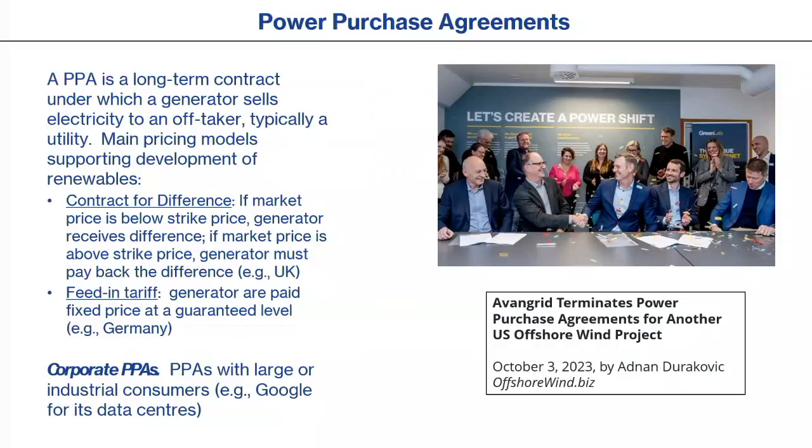Contract for difference. That's quite a technical subject. We could come back to that another time. But it is a long-term contract, another one of those. The generator sells the electricity to the off-taker, typically a utility. And this could be happening in the UK, but it could be happening in Ghana, right around the world. They use very, very similar types of agreement. There may not be a legally binding PPA on anybody, but there's going to be a lot of similarities.